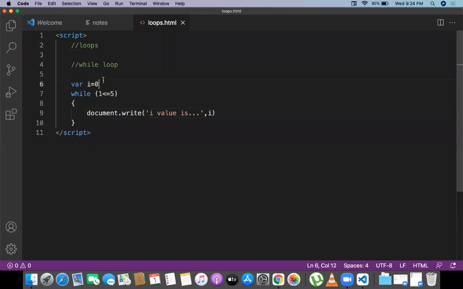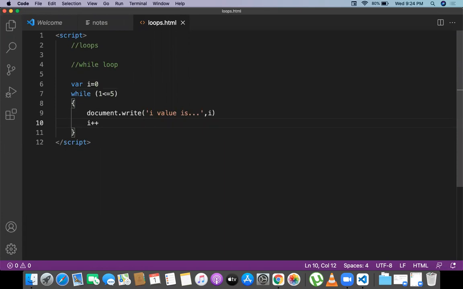So i is initialized with 0. Then the condition 0 less than or equal to 5 is true. Whenever it is true, the block of code gets executed. After that, immediately i is incremented, i plus plus. Then i is 1, and 1 less than or equal to 5 is satisfied, so document.write prints. Then i becomes 2, the condition is satisfied, and the block executes.